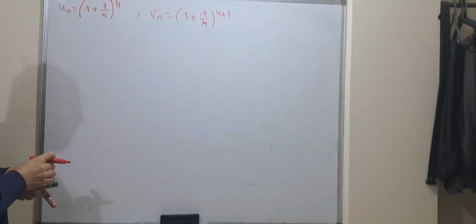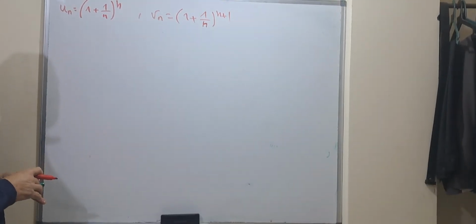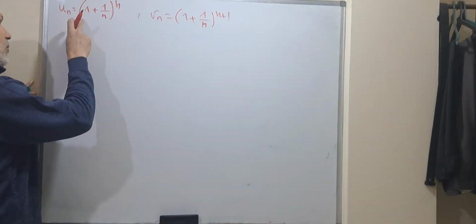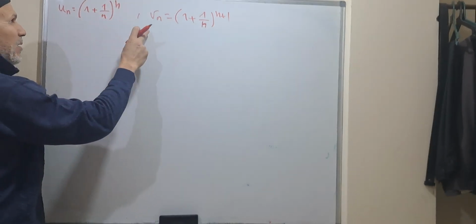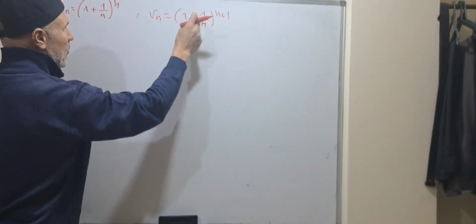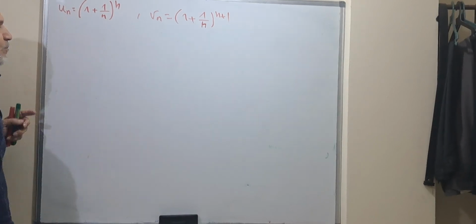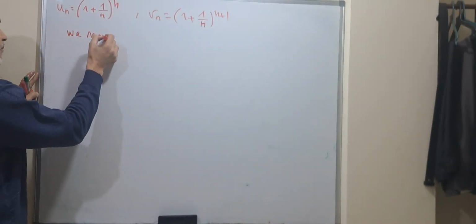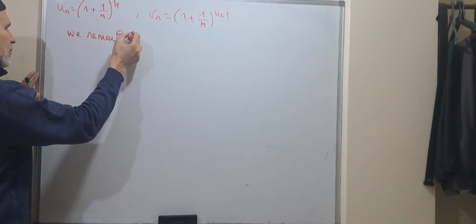This exercise concerns the proof that un and vn are adjacent. un is equal to (1 plus 1 over n) power n, and vn is equal to (1 plus 1 over n) power n plus 1. We remark that